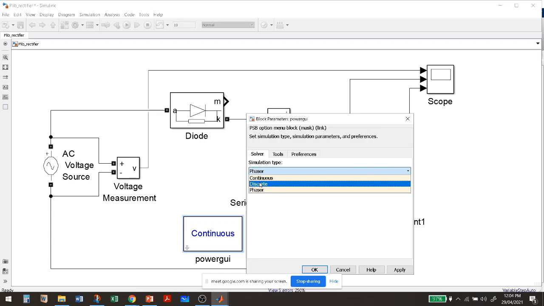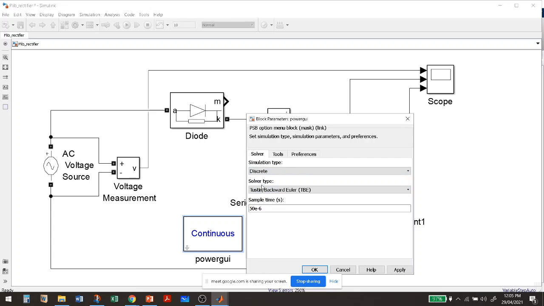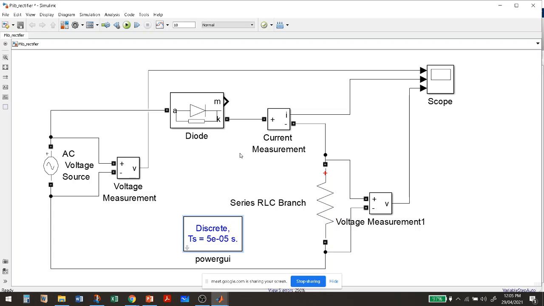So here I will make it discrete because this is a power electronics model. Why is it required to choose continuous or discrete? We have to choose in order to make it more accurate, and then our simulation time will be less if we select it properly. So I will select discrete, and the rest, the sample time, will be the same, and the solver type is also the default. I will select apply, and then okay, so you can see it here, and then you can run. Let us check whether there is any error or not.